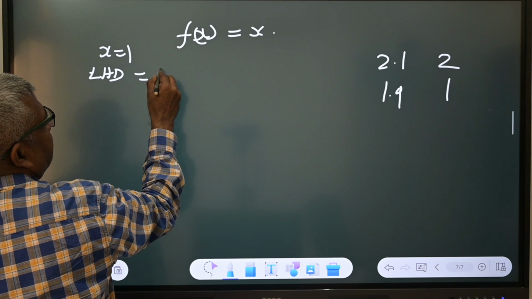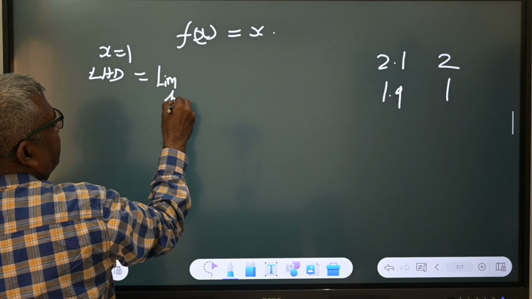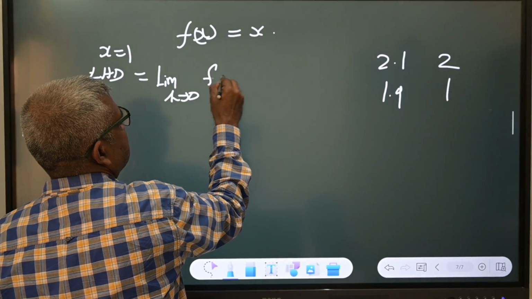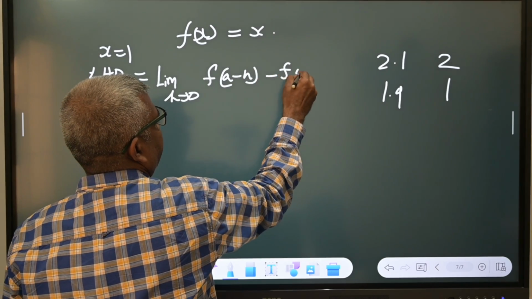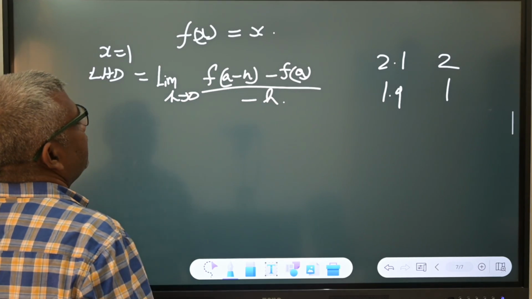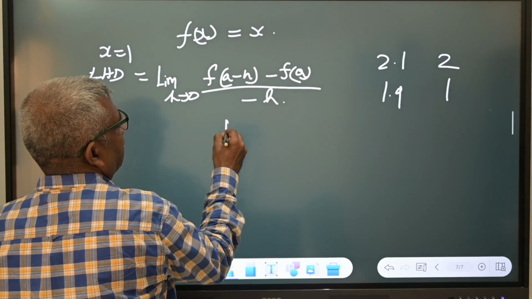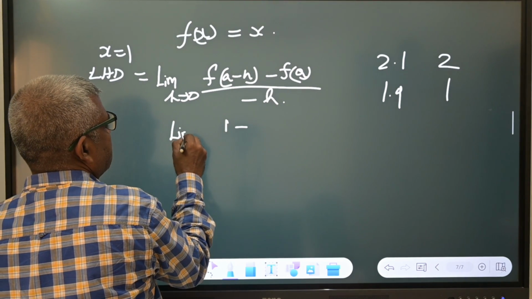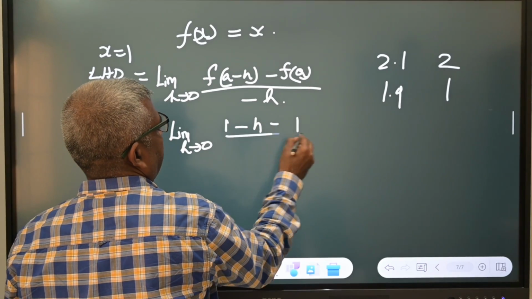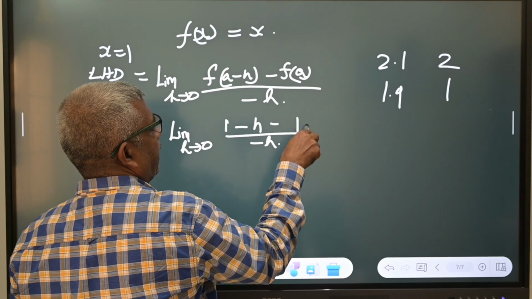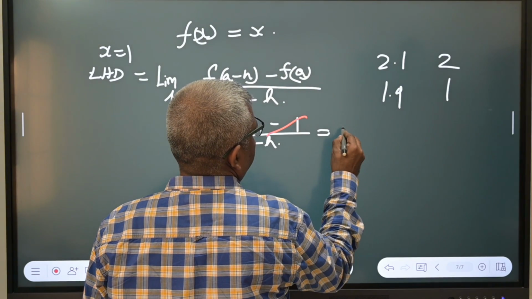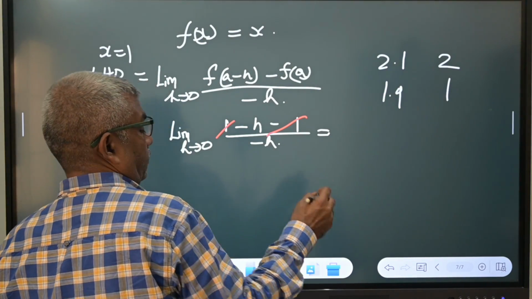Left hand side derivative is limit h to 0, f of a minus h minus f of a divided by minus h. Here a is 1, so f of 1 minus h minus 1 divided by minus h. So what will happen? Cut. Minus h, no, before that,